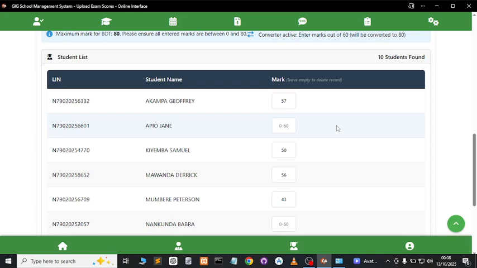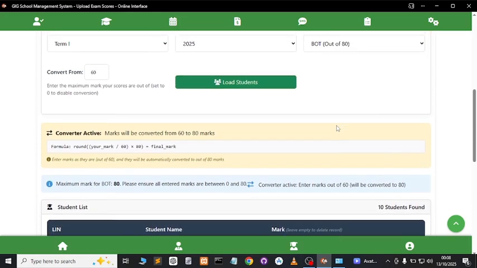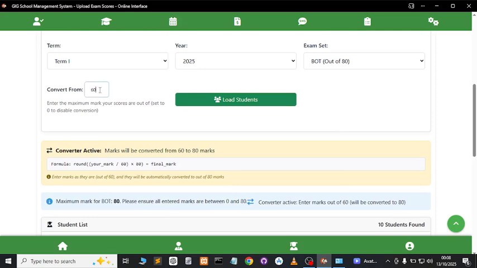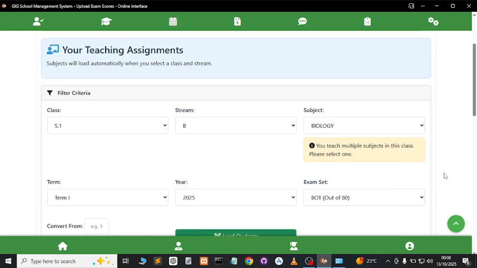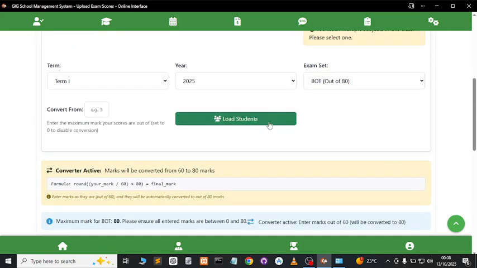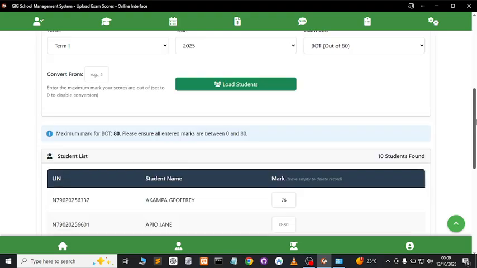Let us see, because now we are submitting them out of 50. Let's see if you load the page with the converter off, what happens. Let's load again and see. We have to select the subject. It was biology. Then we load. So if we load,